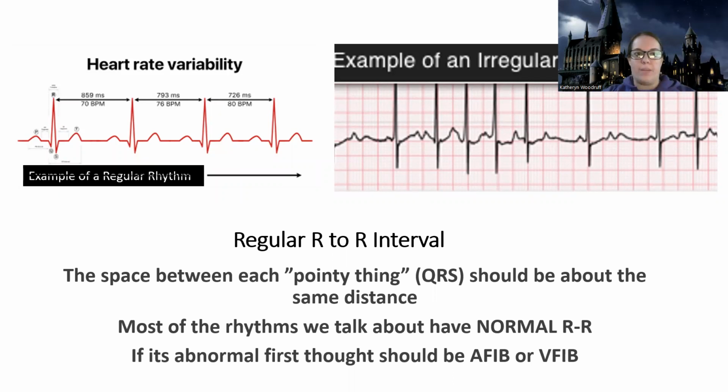So I'm taking you through a systematic way. And again, it doesn't necessarily have to be in this order. I usually start with the rate and then do the regularity. That's what helps me. But if you want to do it in a little bit of a different order, that's fine. But I think it's just good to have a set way. So the next thing, if I'm trying to figure out what a rhythm is, I want to look at is